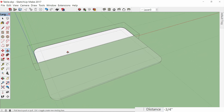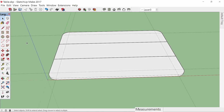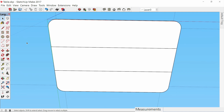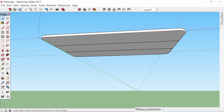Let me fly us in place here. Now, let's click off of that. Take your selection tool, click outside the box. Now, we've got our top. All right, let's go underneath and put some legs on this thing. Now, I'm going to create a lip around. Some people call it an apron, some people call it a skirt, whatever it is, we're going to make us a rectangle, and we're going to make it 5.5 inches wide,